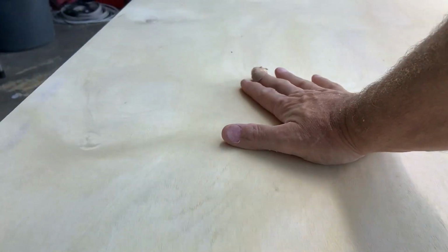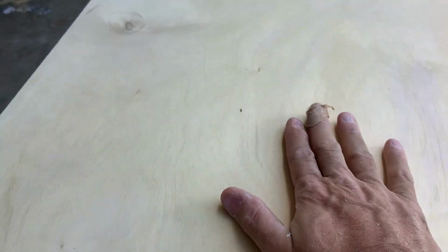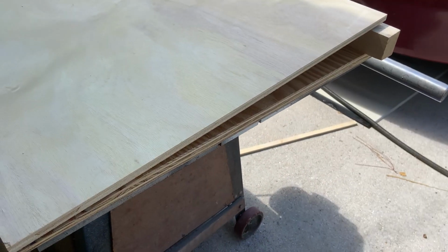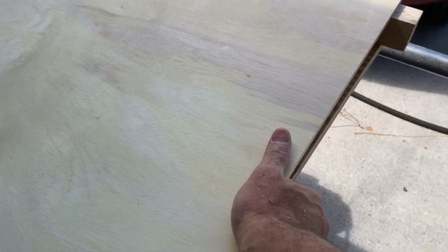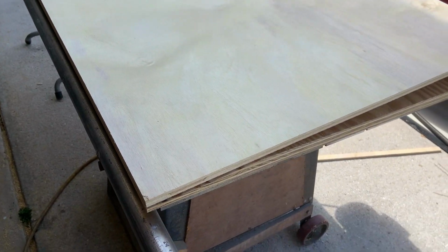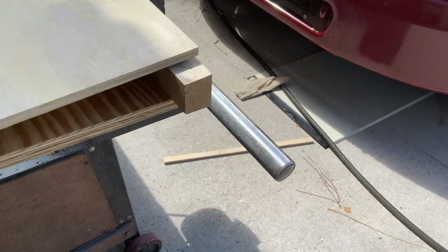So it is stiff enough that it needs no support at all, other than I'm going to make little wedges, one for each side to cap it off, and the edges do need a support, but the middle does not. So that's great. So I think the way I'm going to build this thing,